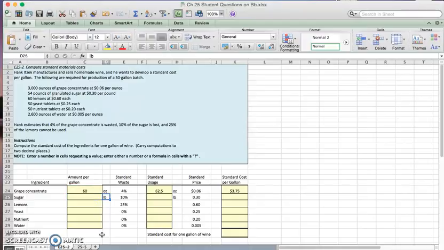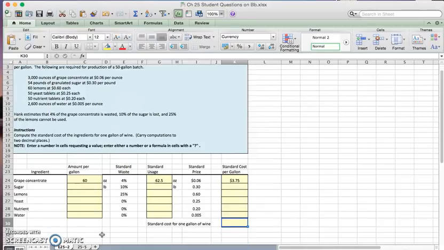So in this case I put here per pound. How many lemons do we need? How much yeast? And so on and so forth to come back to this standard cost per gallon. And here we've put the cost in, the price that you can multiply out, and then you'd have a standard cost per gallon. Feel free to talk about this a little bit in your discussions,